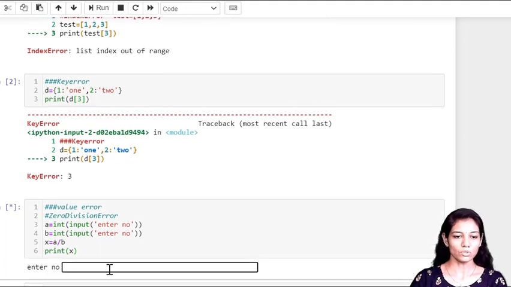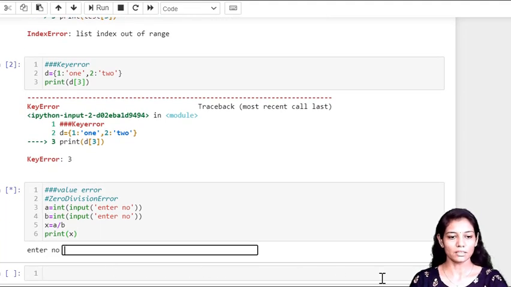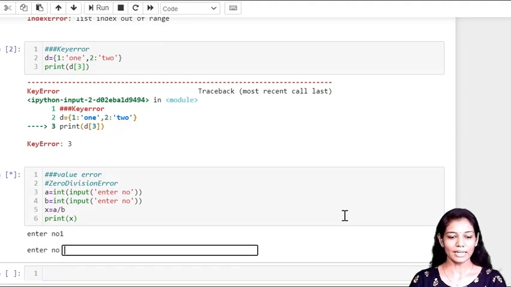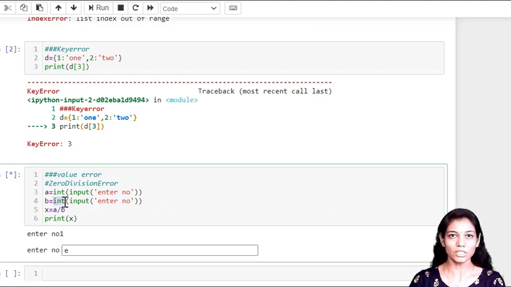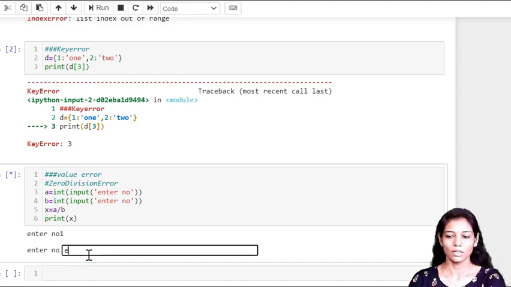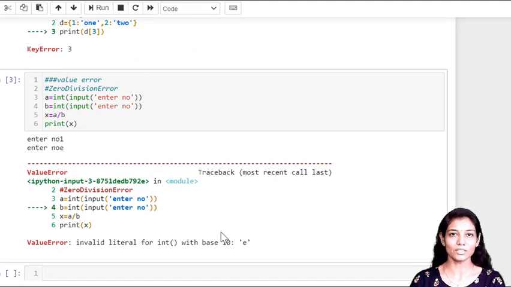Upon execution, it is prompting me to enter the number. So here I am giving 1, which is valid. For the second time, by mistake, I have given some character. This character, the Python program will try to convert into an integer, which is not possible. So let's see what kind of exception it is throwing. As soon as I press enter, it is showing the ValueError, because this cannot be converted: invalid literal. So that's not possible, and this is one point where the user can make a mistake.